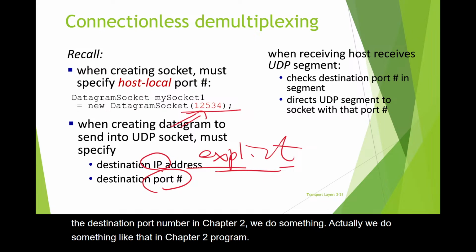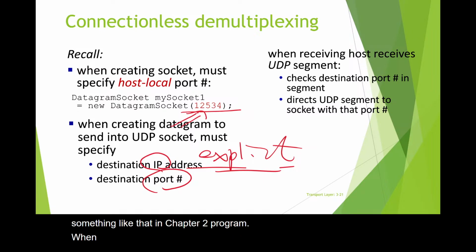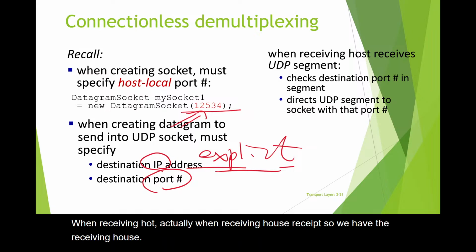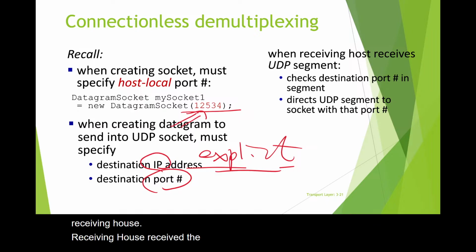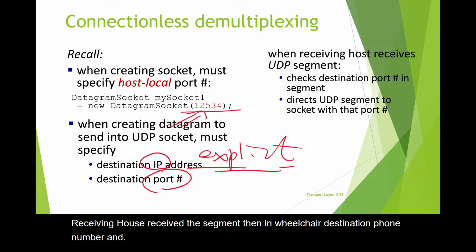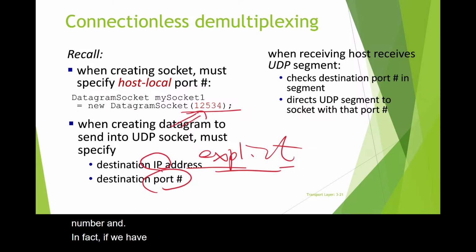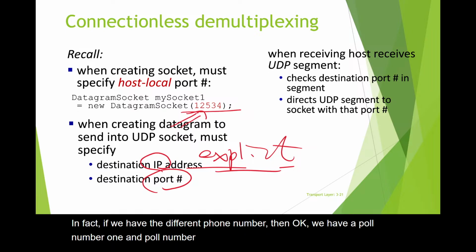Well, when the receiving host receives the segment, it will check the destination port number. If we have different port numbers, okay, we have port number 1 and port number 2, then we can direct the segment to the proper one.